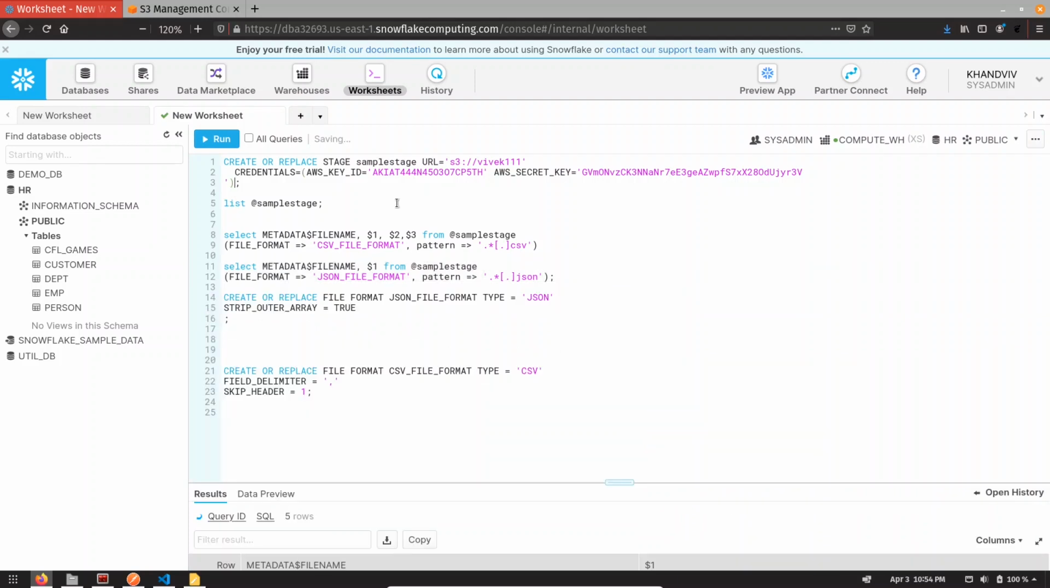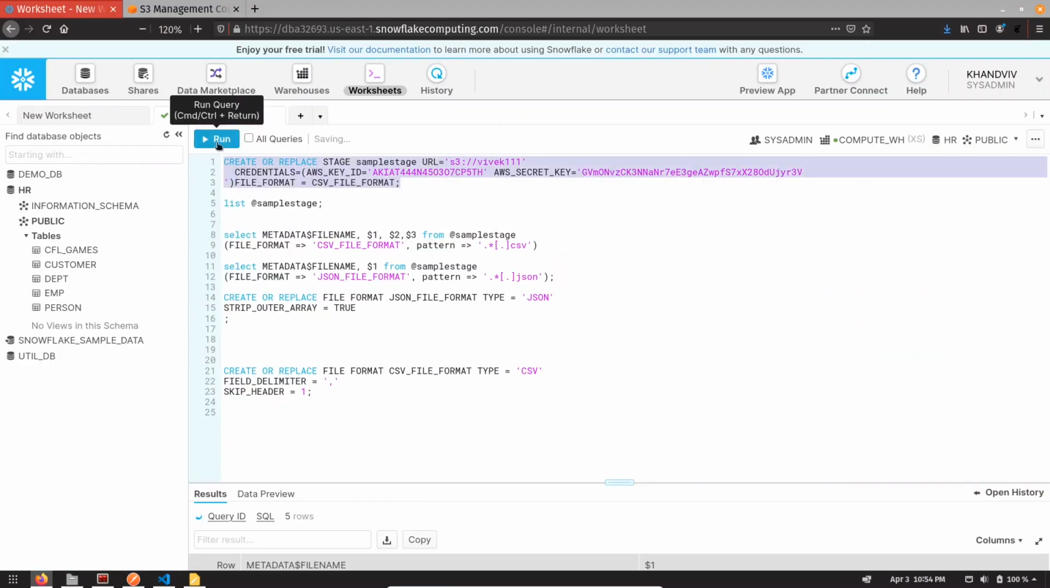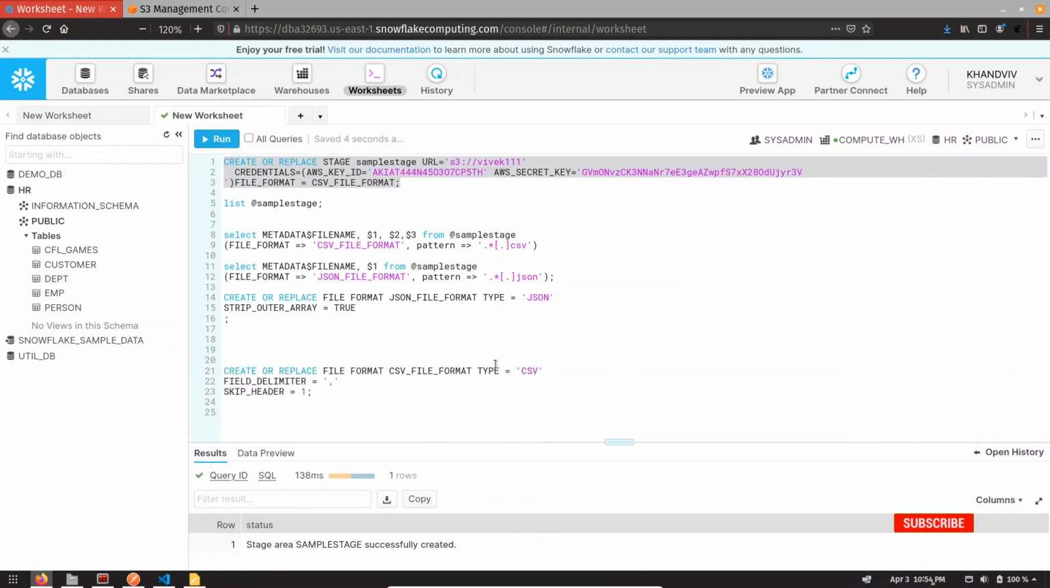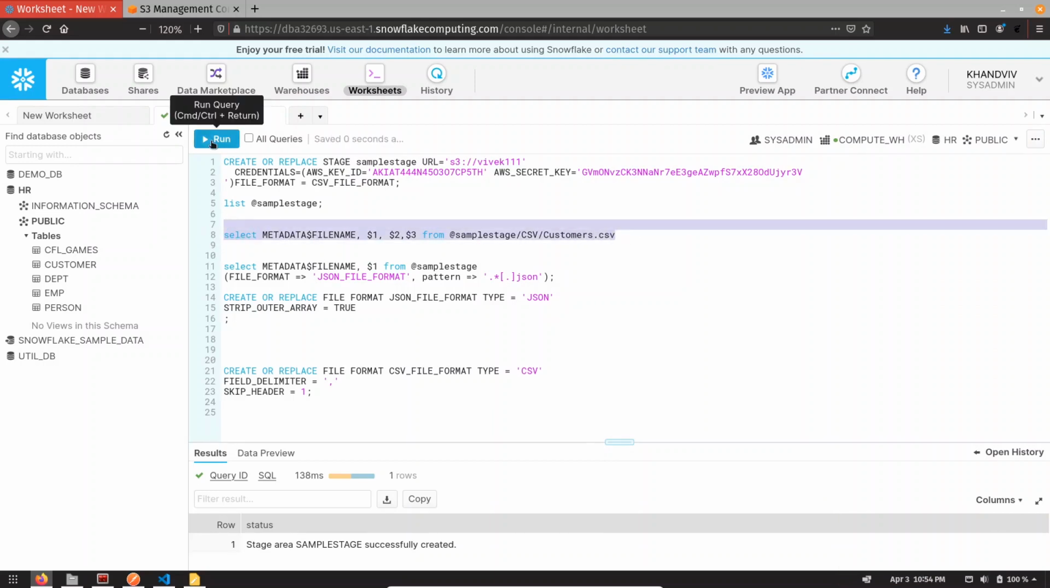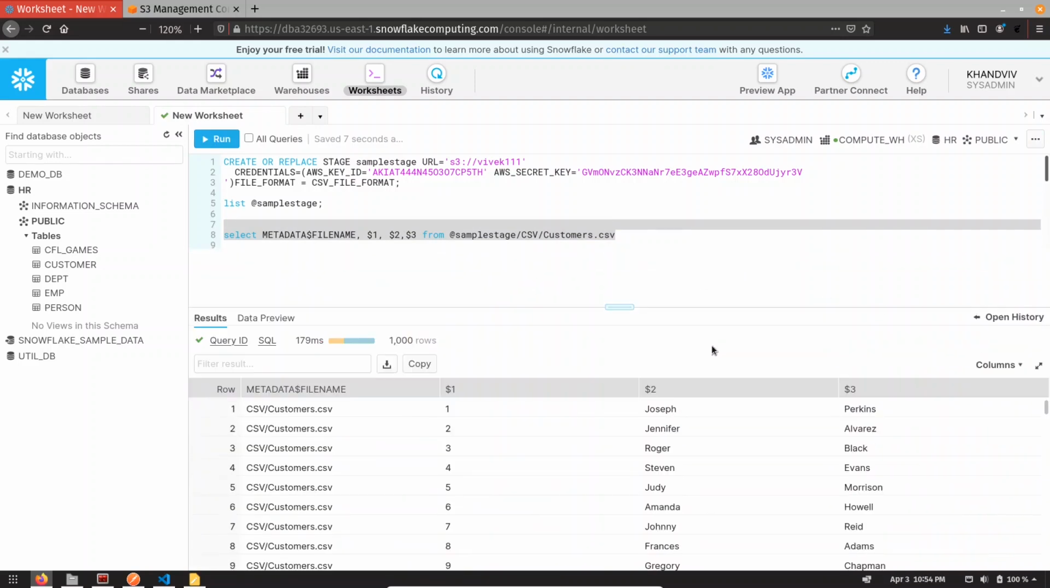One more thing I forgot to tell you is that while creating the stage, we can give the file format as well. What that file format is going to do is update the default file format. So let me give the file format over here. Let me create the stage again. So my stage has been created successfully. Now if I remove all these things, and now if I read my CSV, you can see this time it is not reading the header